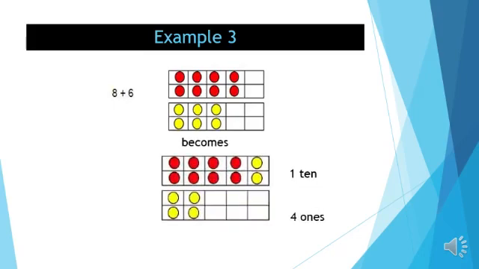2 yellow dots have come to this red dot box, and here a complete 10 is being formed, and here in the second yellow dot box there are 4 dots left. Can you see these 2 have moved out of these 6 yellow dots? These 2 yellow dots move to the red dots box, and 10 has been formed, and 4 ones are left over here in the yellow dots box, and it is what?